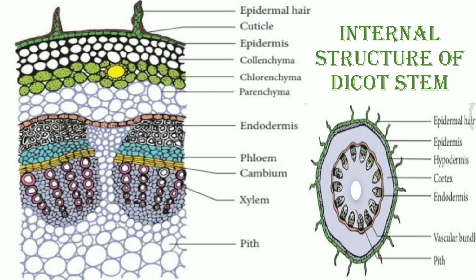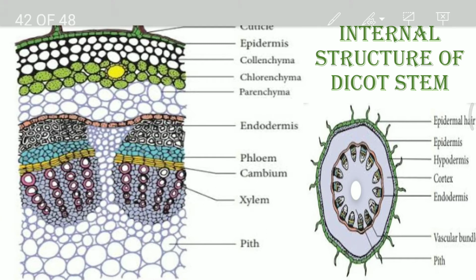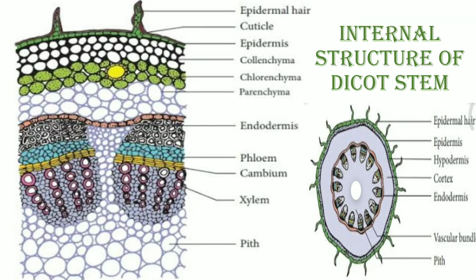Cuticular stomata is present in this case, and through that stomata, again, the movement of water molecules outside and movement of oxygen outside can take place, whereas movement of carbon dioxide inside the plant will also occur through the same stomatal pore. And we can also see this is just about the outermost layer. So the outermost layer consists of the epidermal hair, epidermis, and then the cuticle.